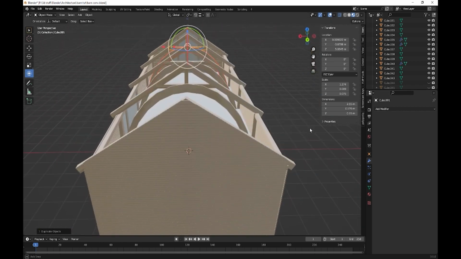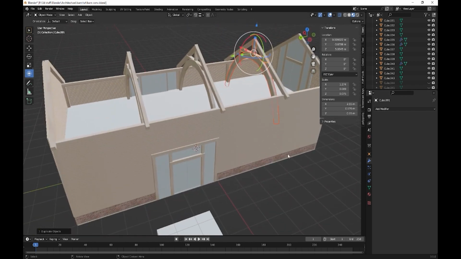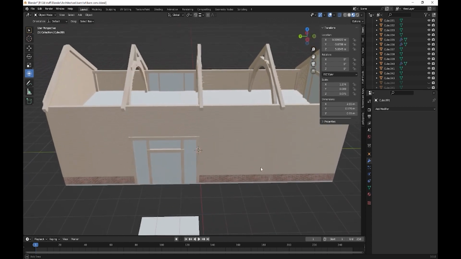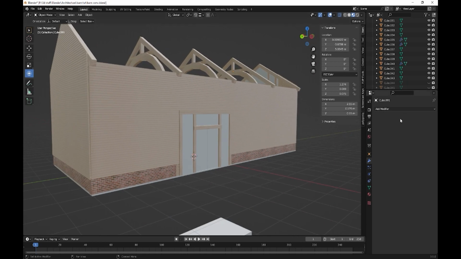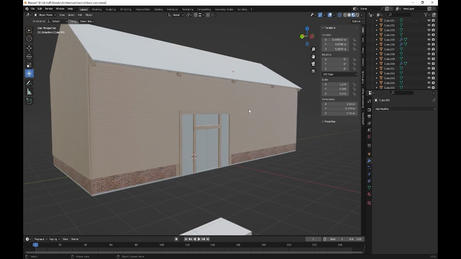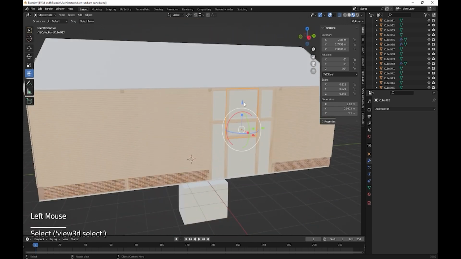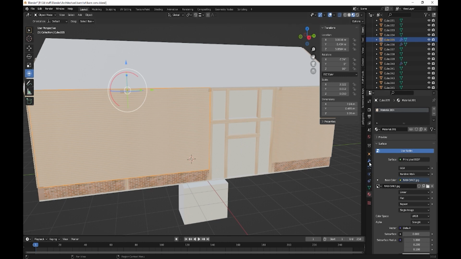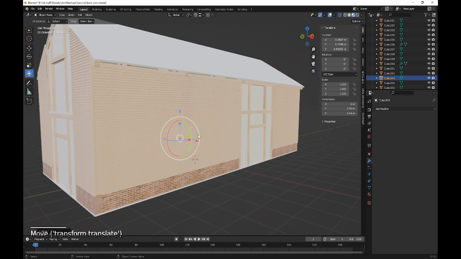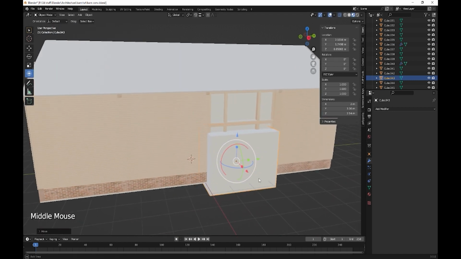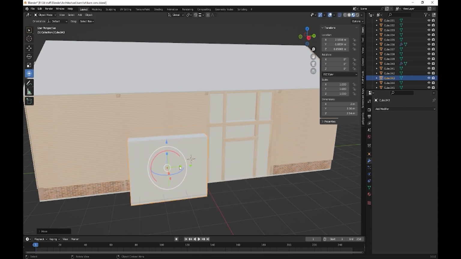Okay, so then we've got all those nicely in there, and that was that. And there's our roof. So if you want to put some materials on, you can. I mean, we added in a few windows. So on these, you would just need to make sure that that is applied, and then you can select, get your cube, put one there,